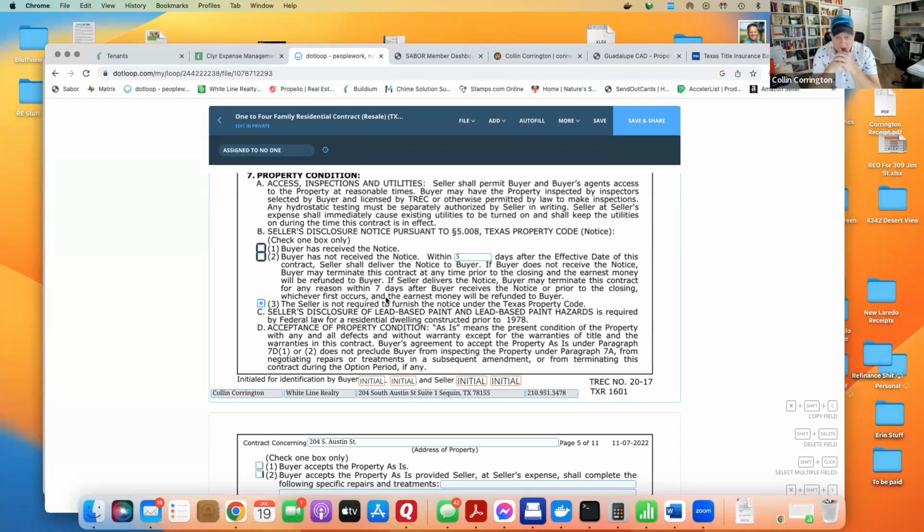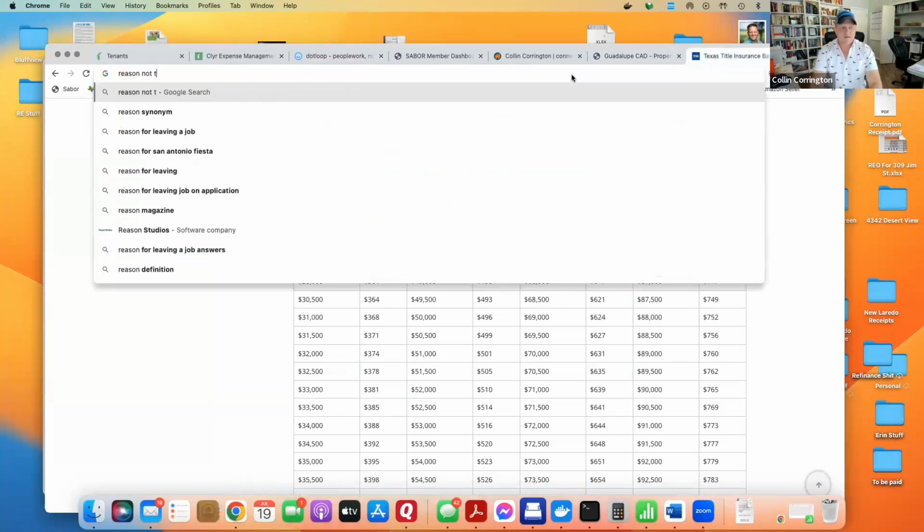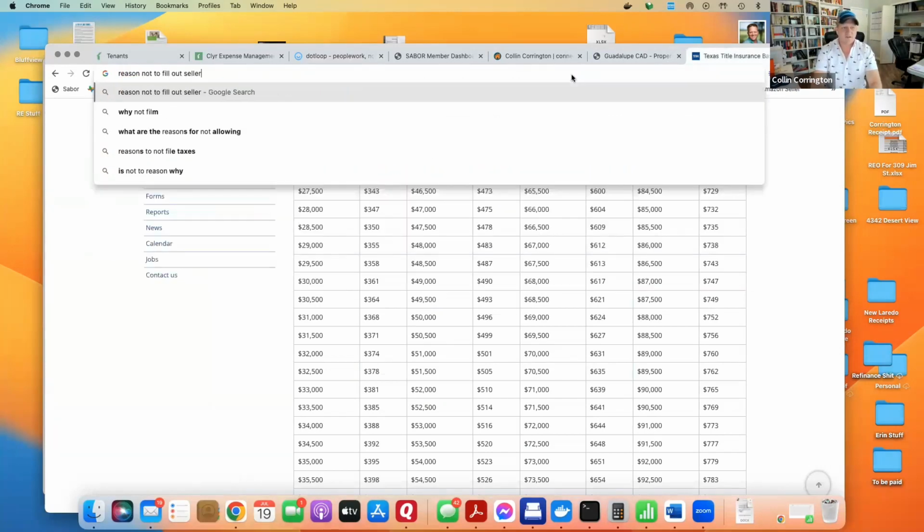Nobody's ever lived there. Is not occupying the property a reason to not provide a seller's disclosure? No, it is not. Guys, I own a bunch of rental properties that I have never lived in. If I decide to sell one, I still have to fill out a seller's disclosure. It's going to be kind of crap because I don't know anything about it, but I'm going to do my best. So guys, there are 6 reasons. What is it? Reasons not to fill out. If you forget, guys, I